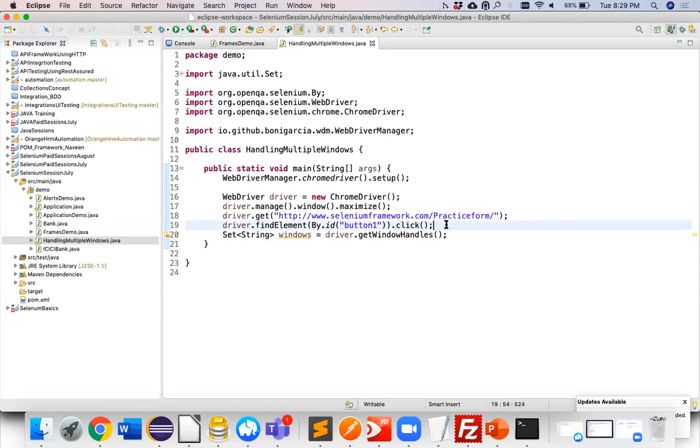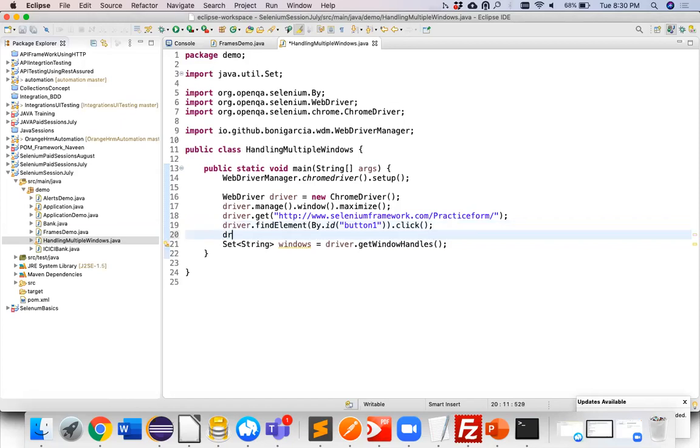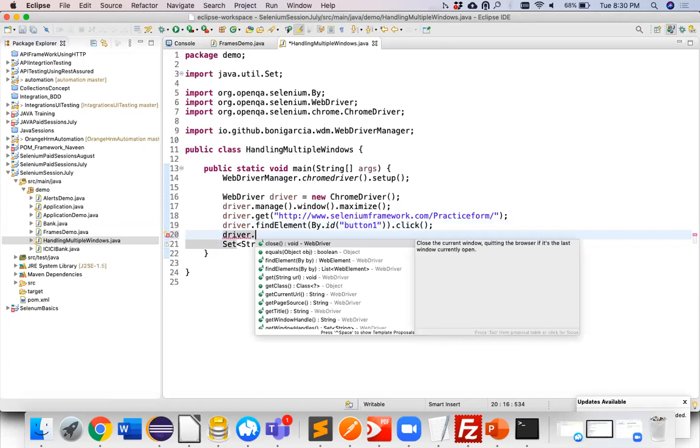So first thing, okay guys, now later on what will happen, if you get all the windows, you will get confused about which is the parent window and which is the child window, right? If you want to differentiate, then you have to make sure that you first save the parent window somewhere, right? So if I am on this particular page,